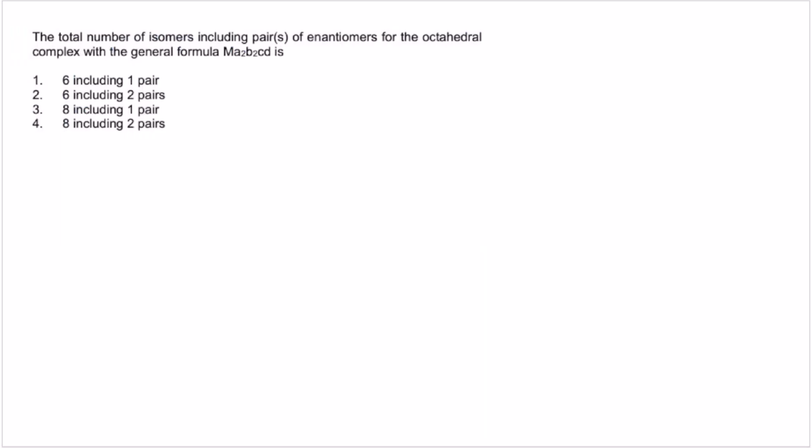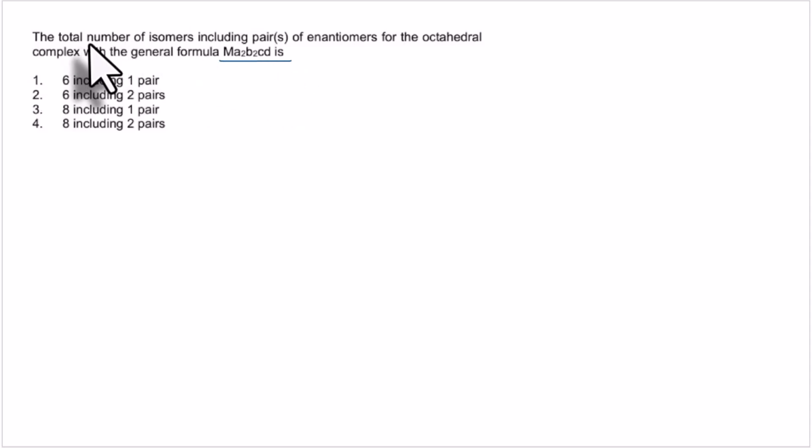Hello everyone. So now we have a question which has been asked many times in competitive examinations in different ways, but the question remains the same. So I have picked up one of those questions, very commonly asked in competitive examinations regarding isomers: the total number of isomers for the complex with the general formula